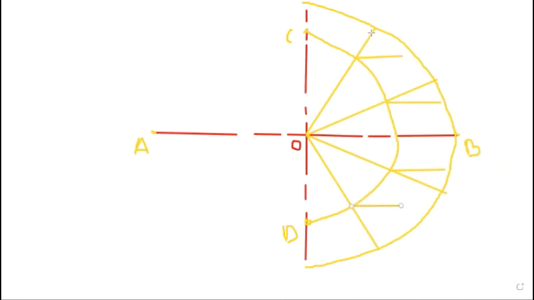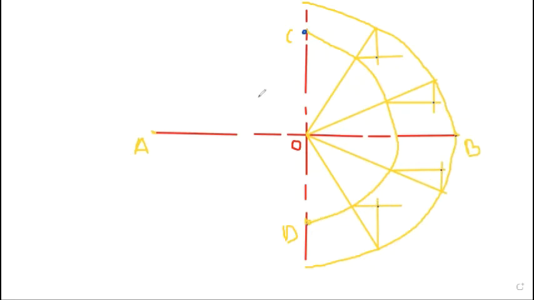And from the major circle, this line will intersect the major circle at this point. So from this point, draw the vertical line. Here also draw the vertical line, and here also we draw the vertical line. So here the point will be, this is a point, then this will be the point, then this one will be the point, then this point, this point, this point, and this point.